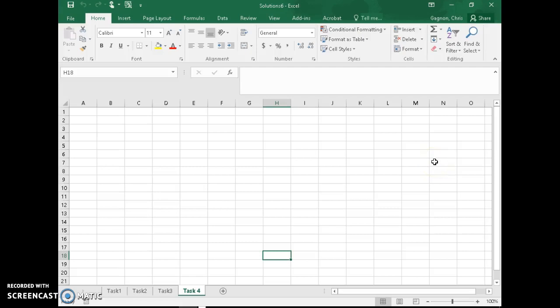Okay, here's task 4, given that we timed out after task 3. Task 4 involved this small little calculator that we're going to use. So I'm going to start with the second row